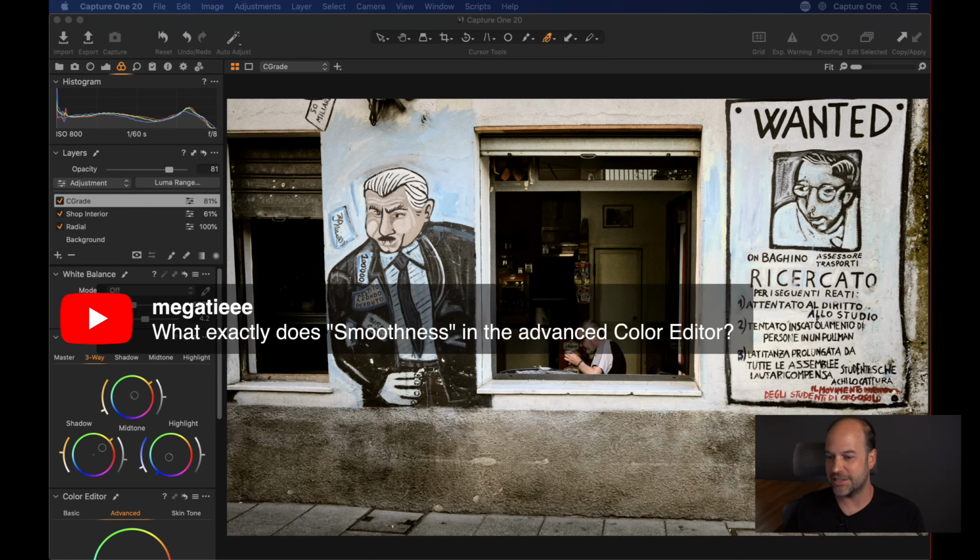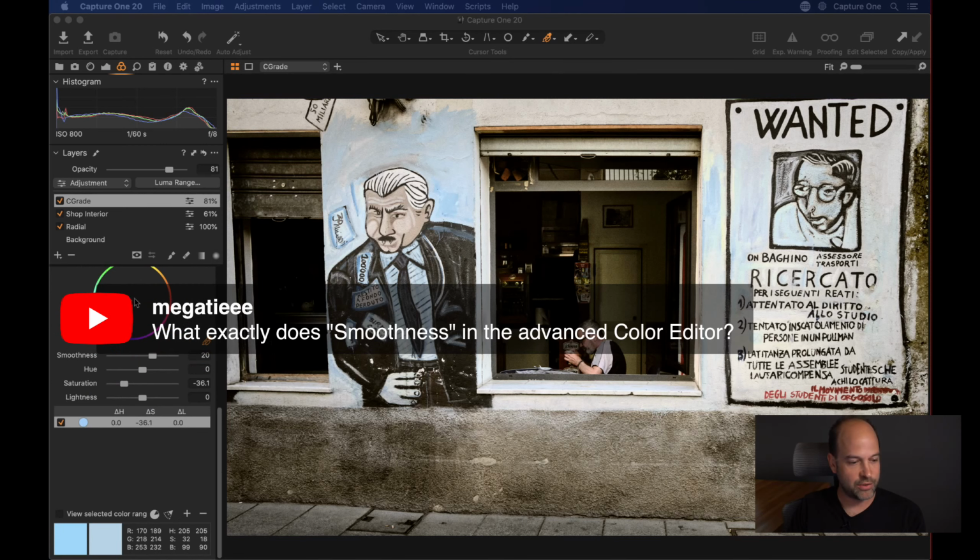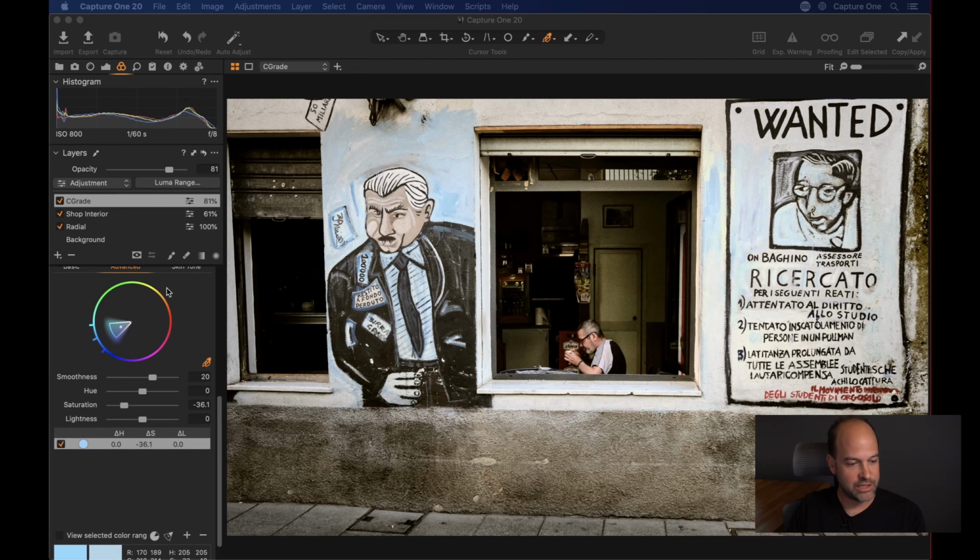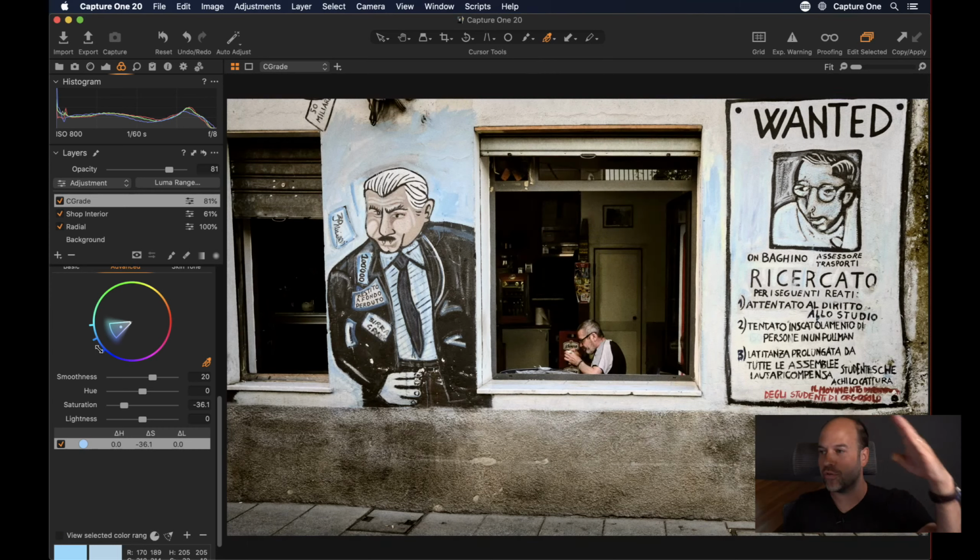What does smoothness do in the advanced color editor? That's a good question, actually. And seeing as we used the advanced color editor, let's answer that. So you see around the outside of our color range selection, if we turn this on, we can see exactly which colors we have selected. That's how it rolls off into the neighboring colors. So it's either a hard stop where that color selection is, or we have a nice smooth roll off into the neighboring colors and it stops